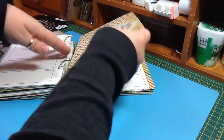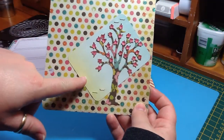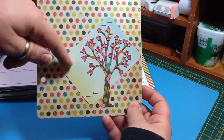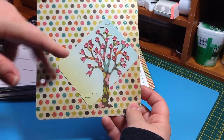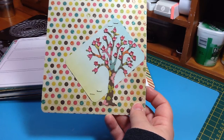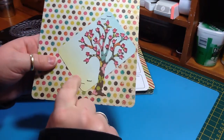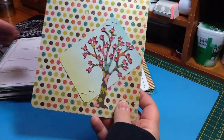This one, I was pretty happy with this one also. This was just another card from the kit, and it's just like a blue and yellow sort of ombre. I don't know if it's ombre when it's different colors too. I don't know. And stapled it with a couple of the gold staples, and then I cut the